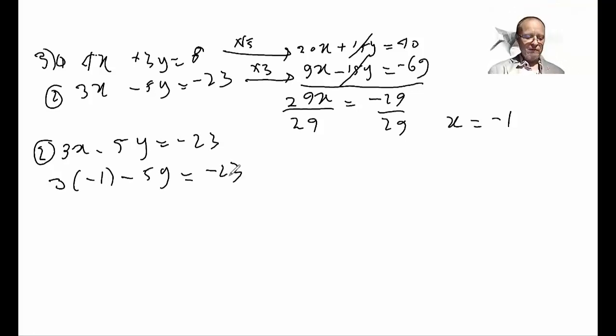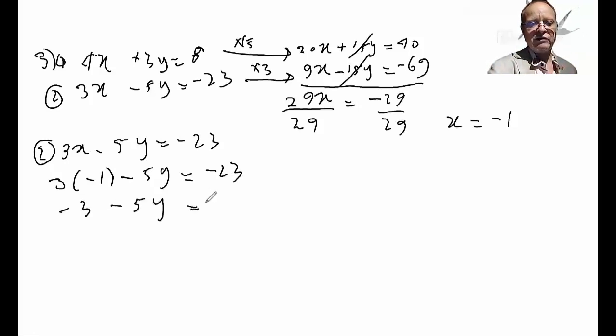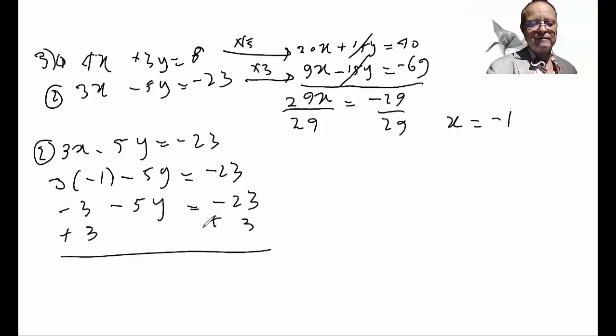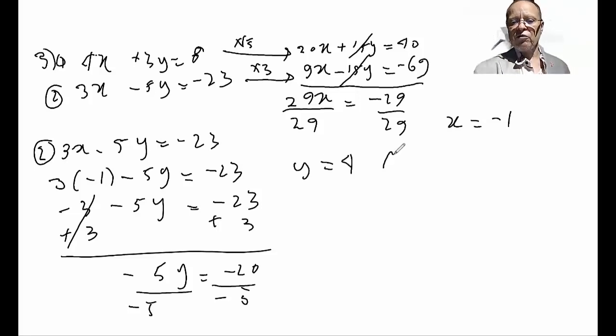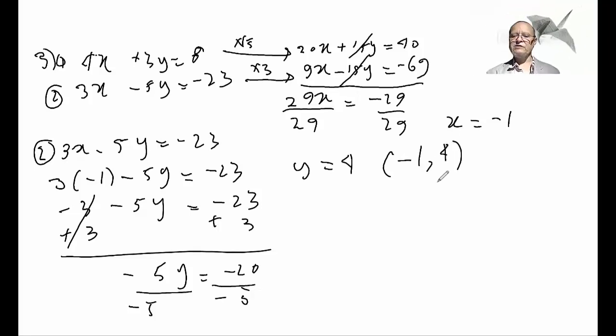So far, so good. So now I have negative 3 minus 5y is equal to negative 23, plus 3, and minus 5y is equal to negative 20. Divide by minus 5 on both sides. And I find that my y coordinate is 4. So it ends up, I get negative 1, positive 4,